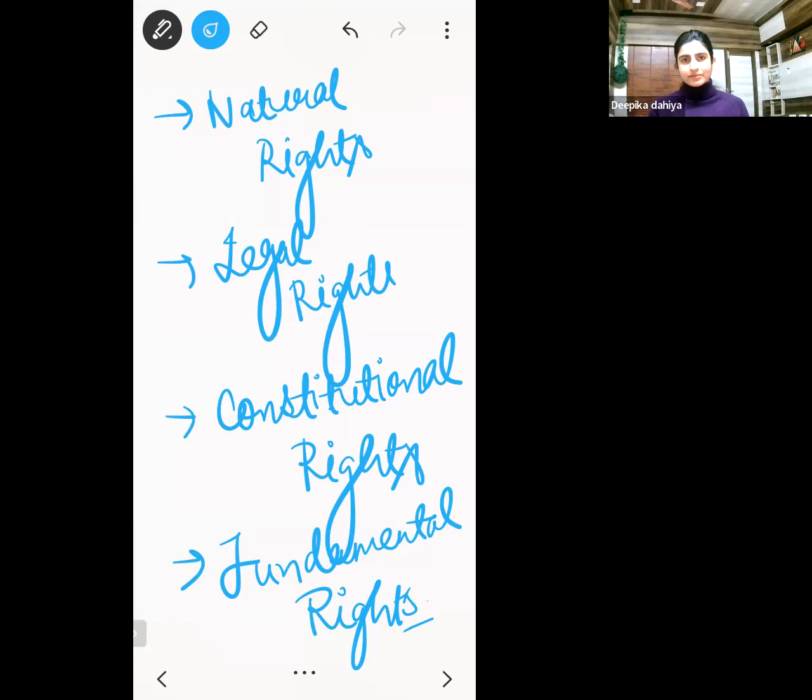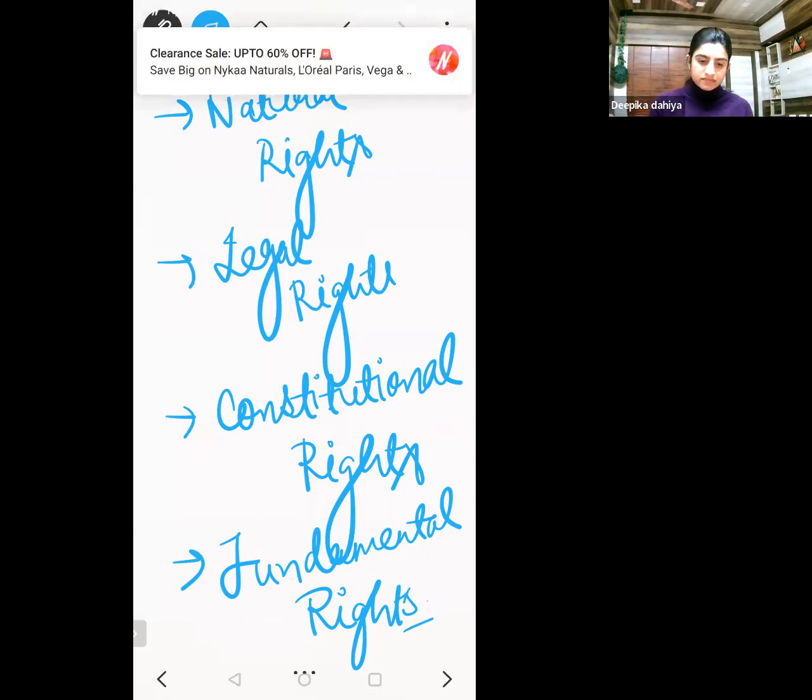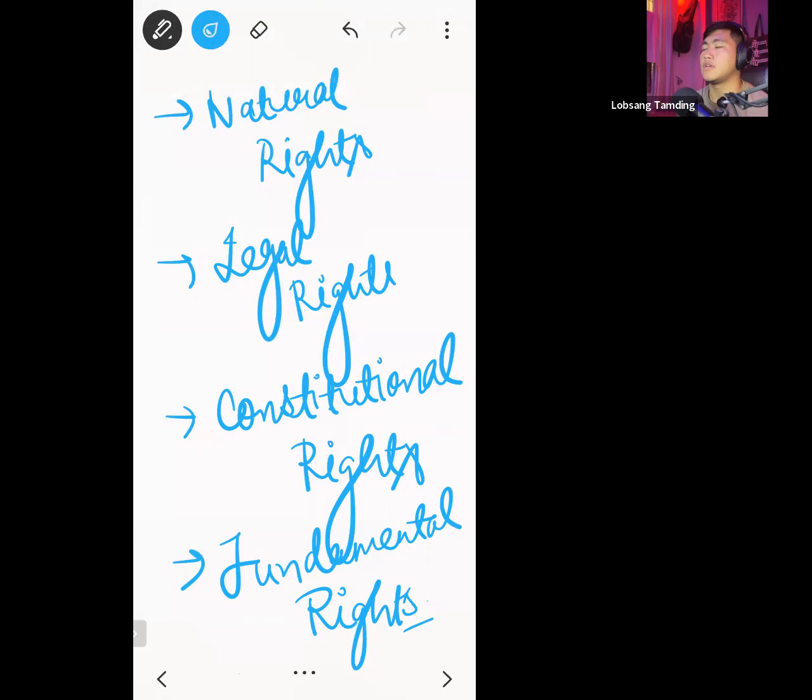Let me give you an example. One is born as a male, one is born as a female, one is born as a transgender. The nature was equal to all of the three. But what have we done as a society? We have put the male on the highest pedestal, right? The women at a lower pedestal, and we have totally excluded the transgender community or the LGBTQ community. Is this natural? No, ma'am. This is social.